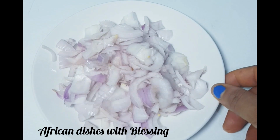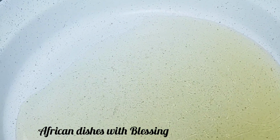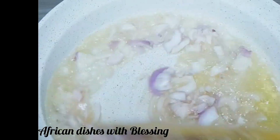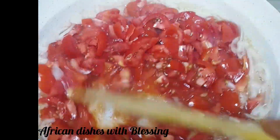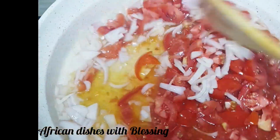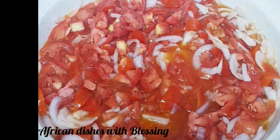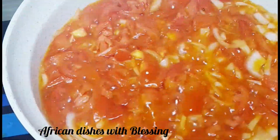Slice your onions. Add your oil. And when the oil is hot, you add your sliced onions. Fry for a second and add your fresh tomatoes. Cover up to heat for a few minutes